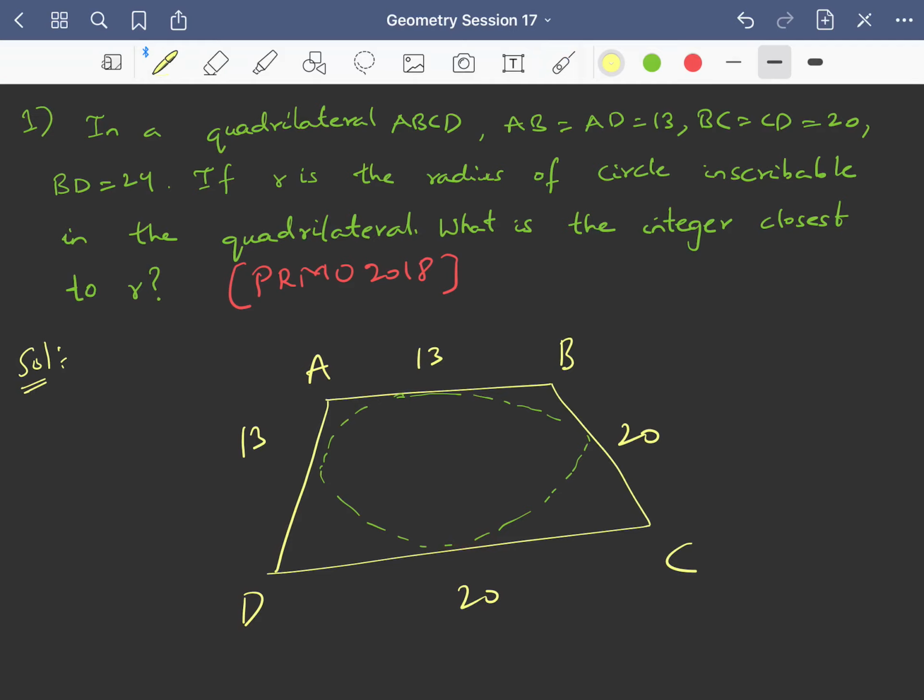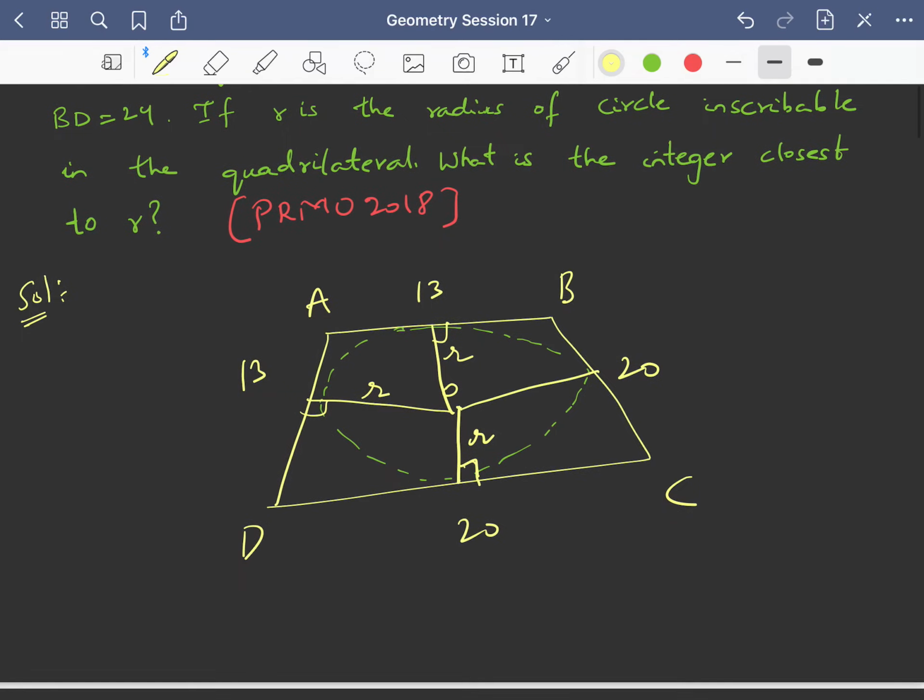The procedure to find out the radius of the incircle of a quadrilateral we have already discussed in the session. So if possible, pause the video again and try it again. Fine. So let us say this is the center O. So these will be perpendiculars, right? These all are equal to the radius of the incircle.